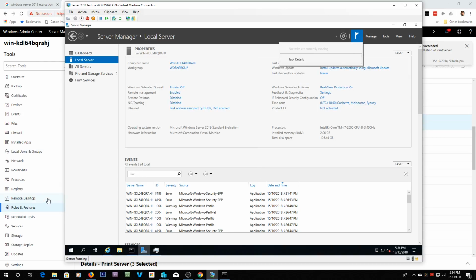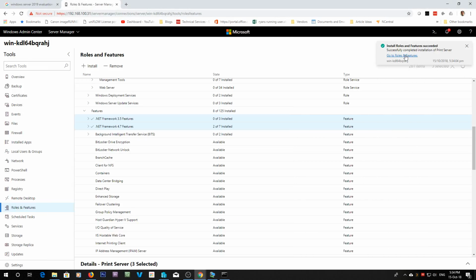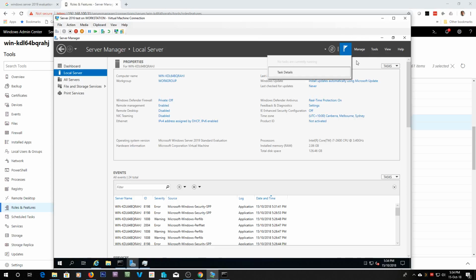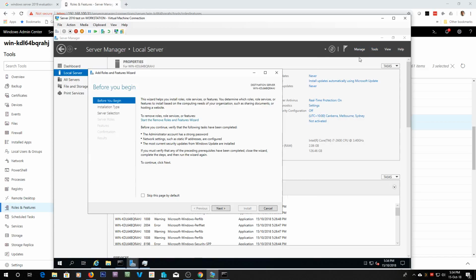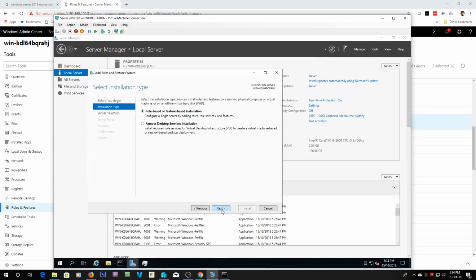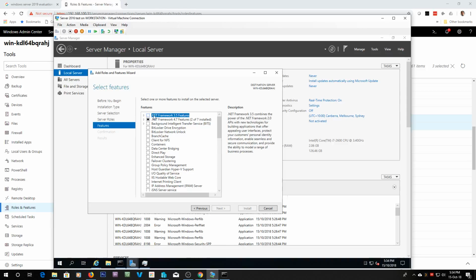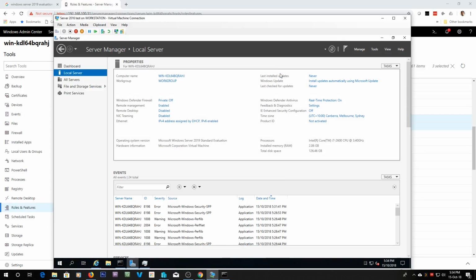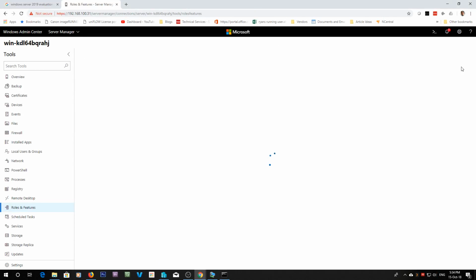Well, it doesn't really show us that it's doing anything in there. Now it says it's installed. So let's see if I go add roles and features, it should show that these are, oh yeah, here we go. Didn't install 3.5 though, maybe because 4.7 needs to be installed first. So if I now refresh,